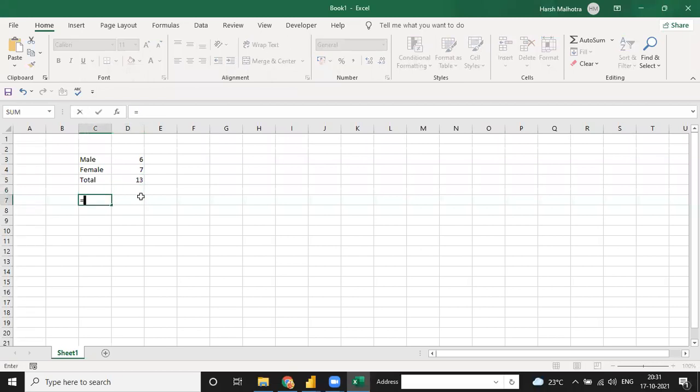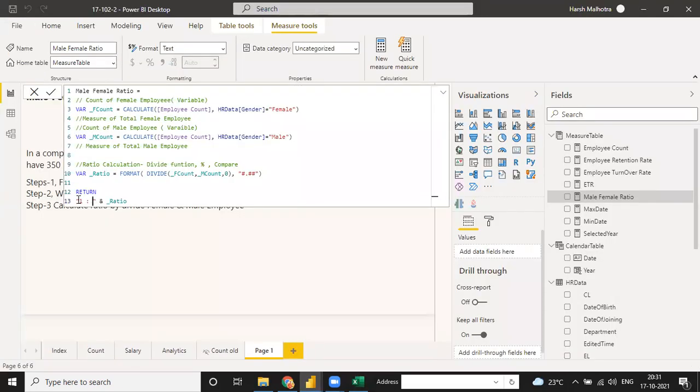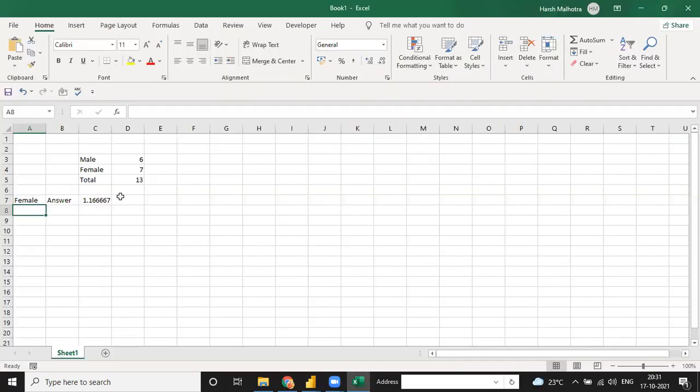If you do the divide function, like female divide by male, what is this answer actually? Tell me. This answer is that for one male we have 1.16 female. So this answer gives you the female answer only, and the one is for male. This ratio tells us that for the female ratio we have this answer.